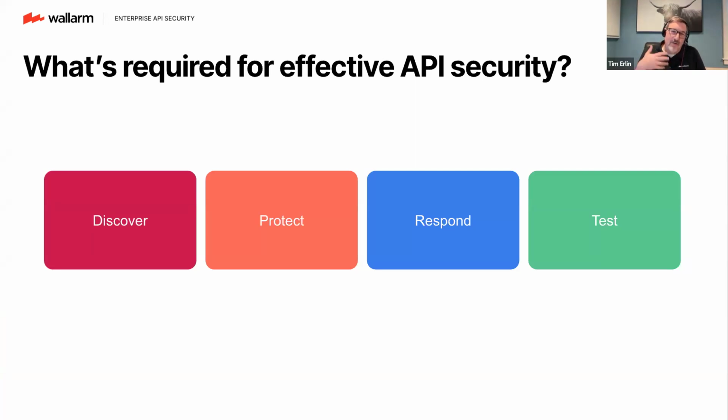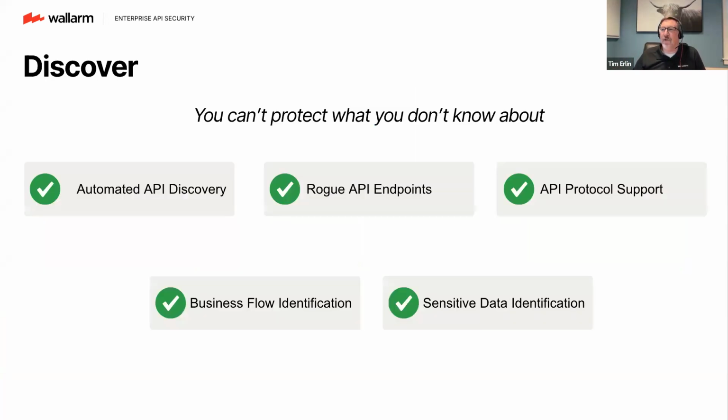Four things, right? If you're thinking about API security, you've got to discover, you've got to protect, you've got to respond, you've got to test. So let's talk about some of the requirements for each of these. We could start with discovery. The old adage, you can't protect what you don't know about. We've touched on this a little bit,